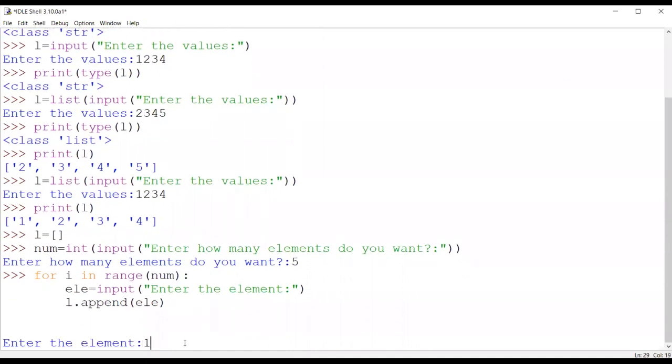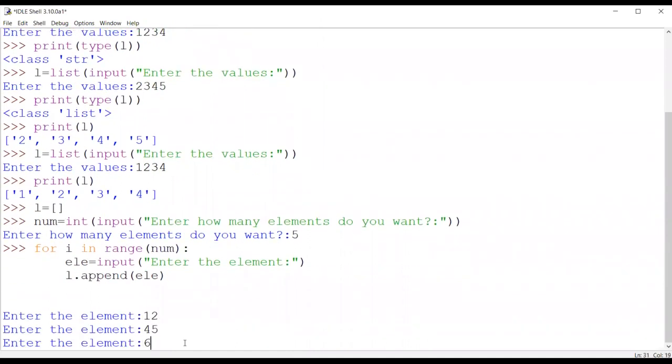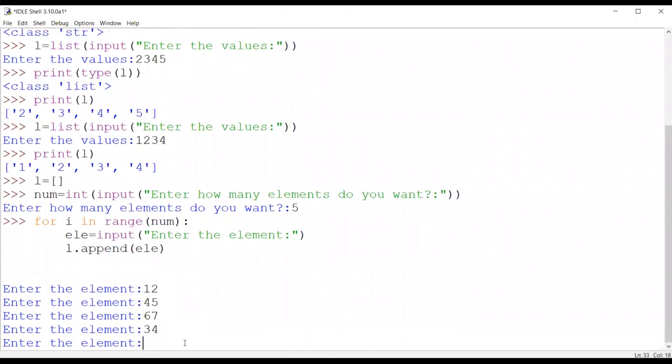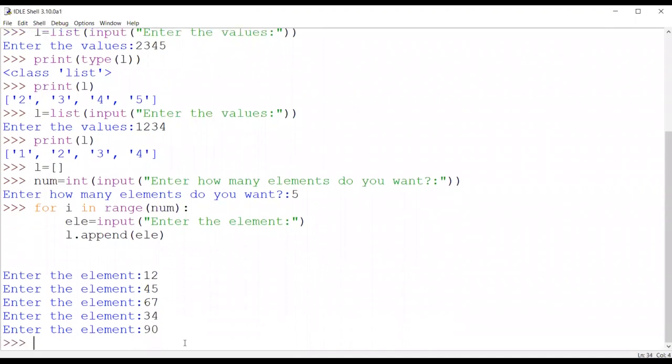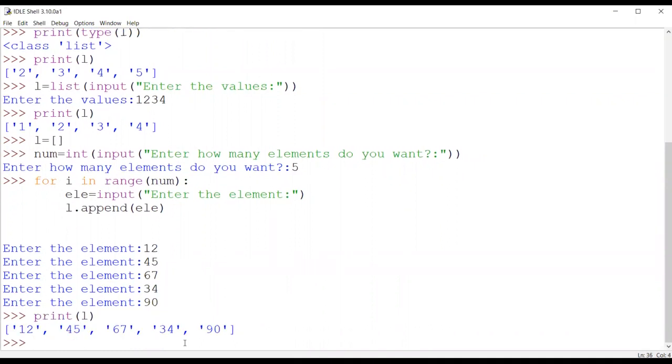Now enter the elements 12, 45, 67, 34 and one more, 90. Clear? Now if I pass the statement print L, it will show me the list of elements which I have accepted at run time.